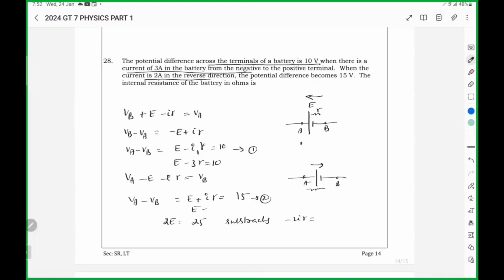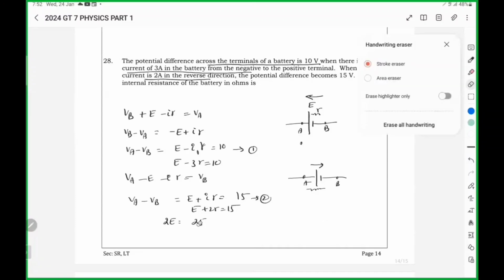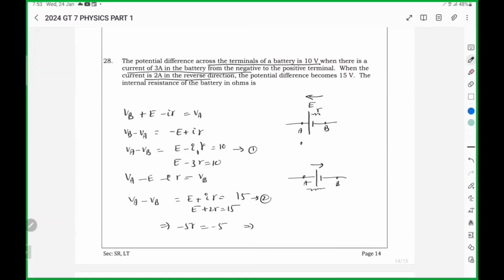Here 2 amperes current, E plus 2R is 15. Subtracting one from the other, we get minus 5R is, so internal